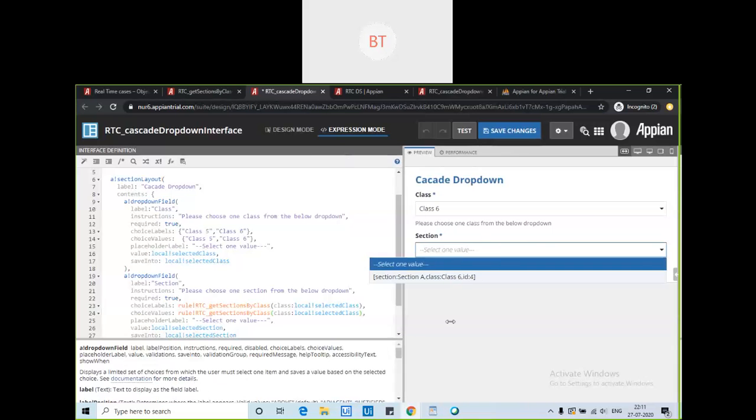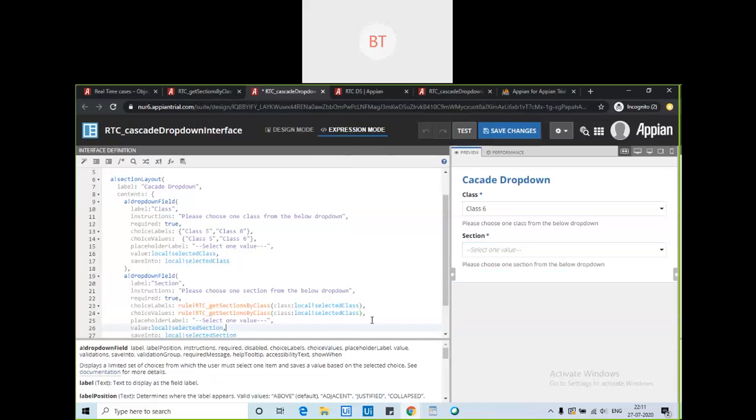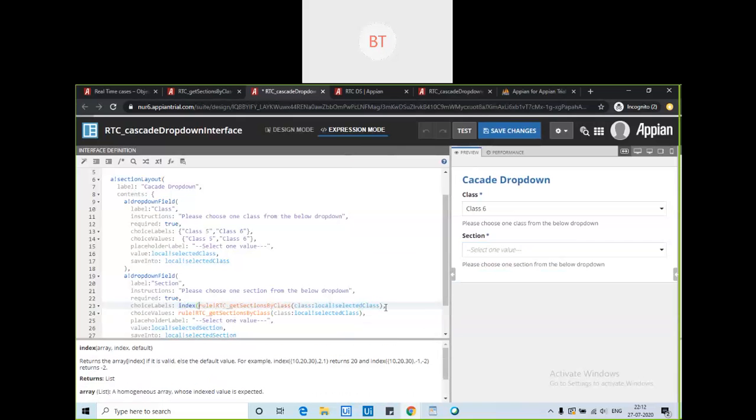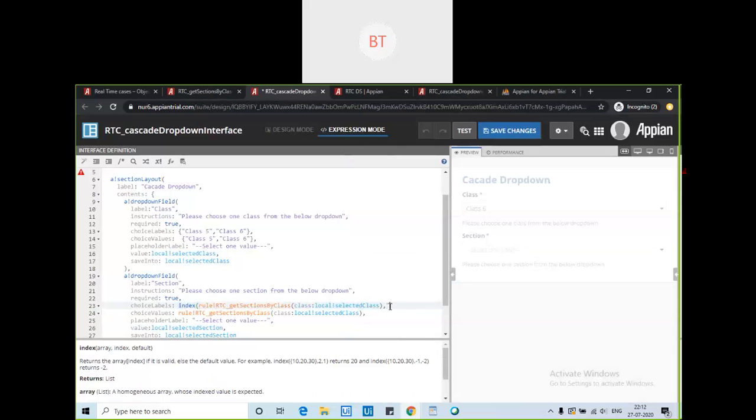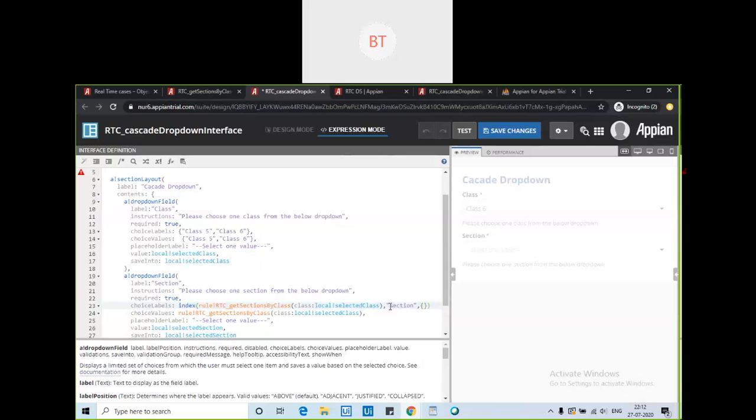So we need to do one more thing, that is put one index functionality here, and then section, so that we only get the section name, not the other things.